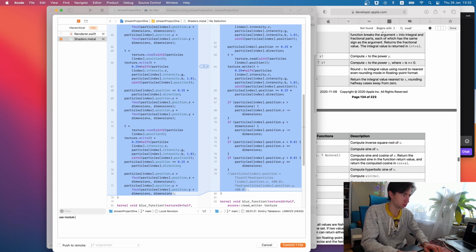So, use modular division particle position, fix number 5.